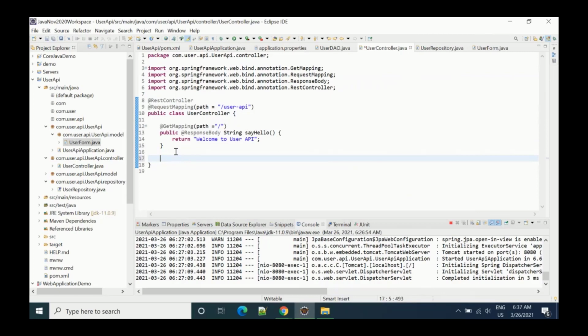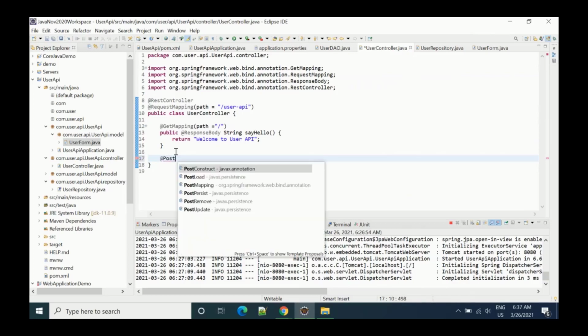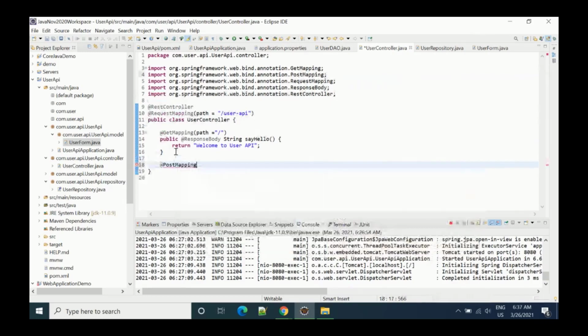So let's start with add. And whenever we say add, we have to post the request. So I'll write @PostMapping, and then I'll say path equal to add user.